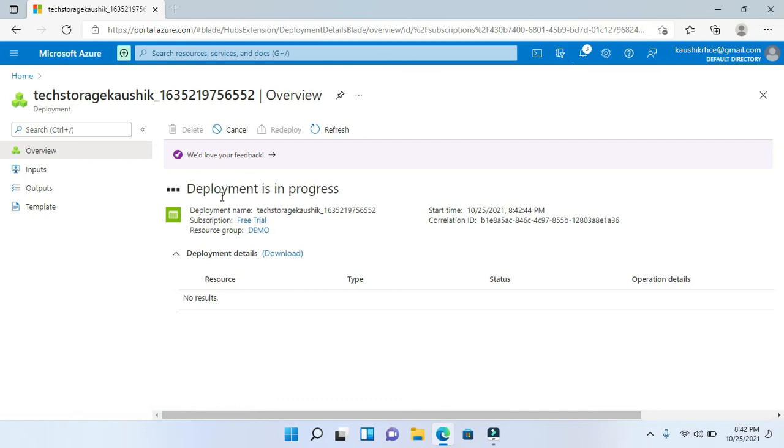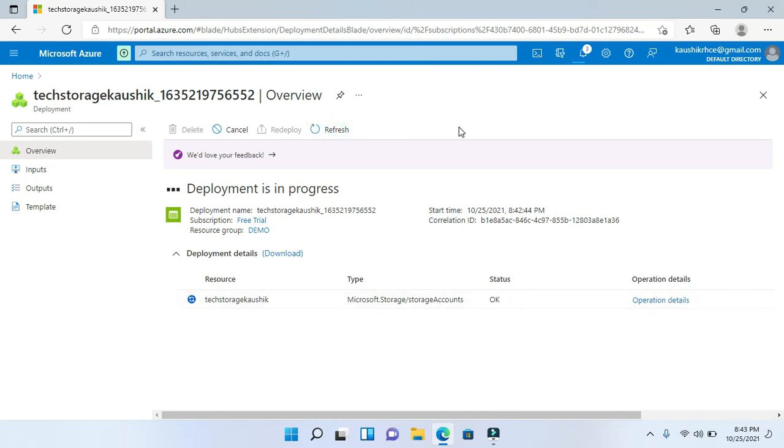You can see the free trial, start time, and creation ID. Everything is available here. It is still in progress. After creation, you can see the status is active, accepted, and the operational status is also created. You can refresh from here; the refresh option is available.